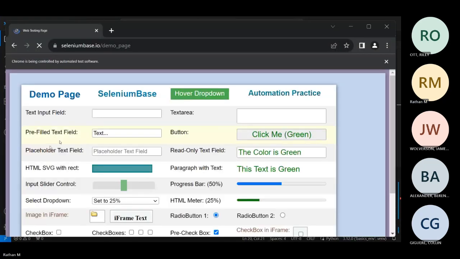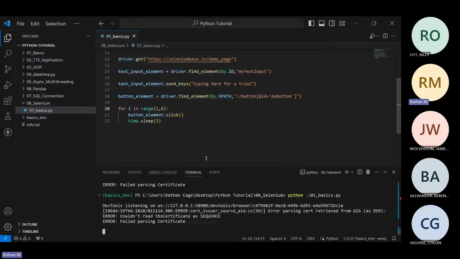So it clicked to be purple, it clicked to be green. Then again, 2 seconds later, it's gonna click again. 2 seconds later, it's gonna click again. So a lot of things you can do. You can perform way too many things with this. You don't have to let go of your mouse control. You don't have to do anything. It's just gonna perform by itself. So yeah,